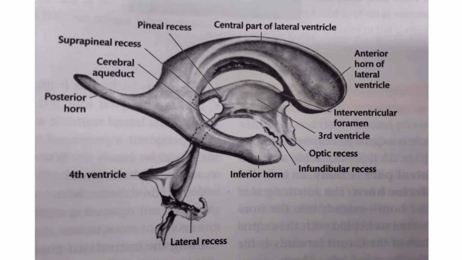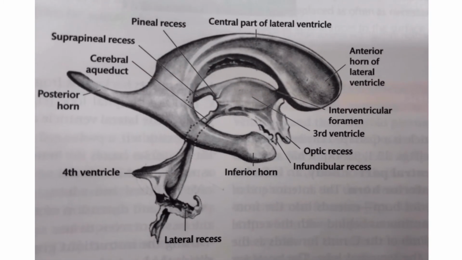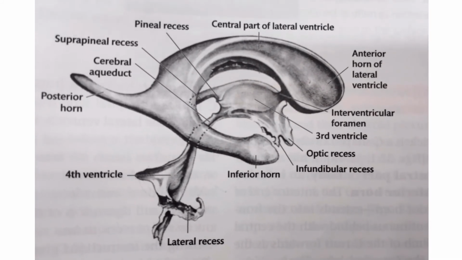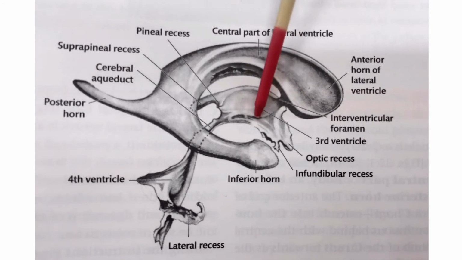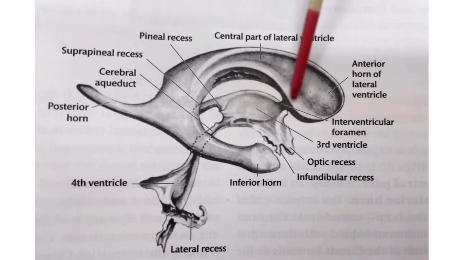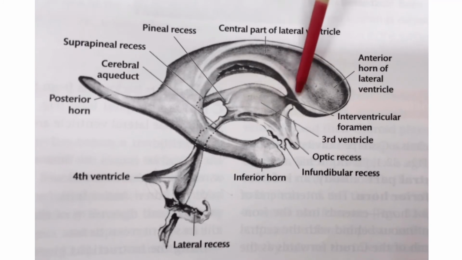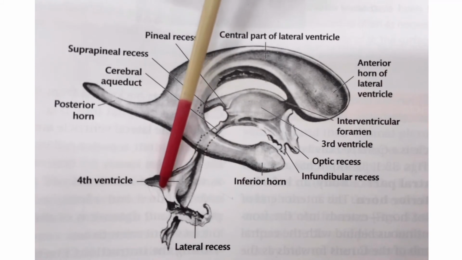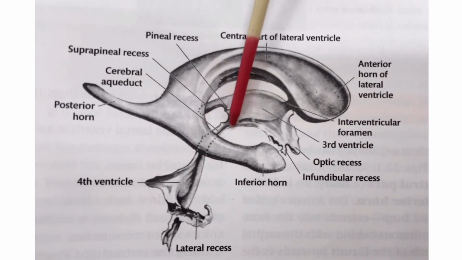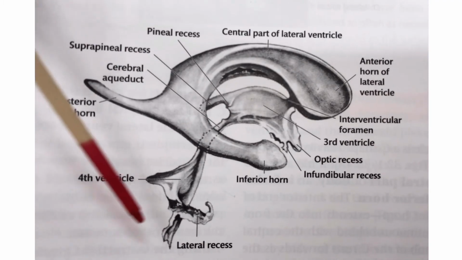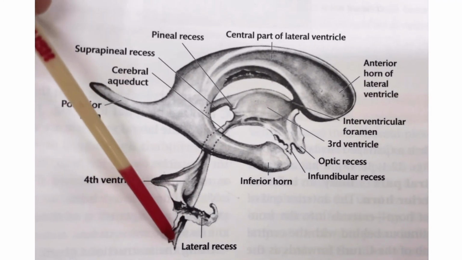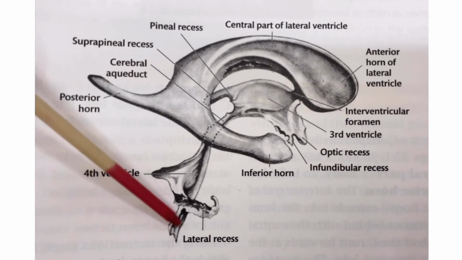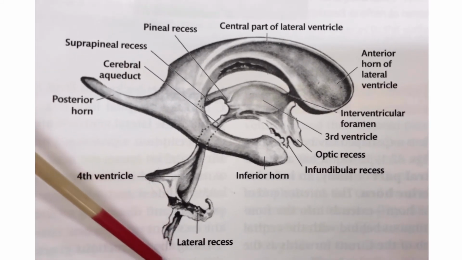The entire ventricular system contains cerebrospinal fluid and the choroid plexus, which produces it. The 2 lateral ventricles and the third ventricle are interconnected with each other by means of the interventricular foramen of Monro. Between the third ventricle and the fourth ventricle, there is the cerebral aqueduct of Sylvius. The fourth ventricle inferiorly is continuous with the central canal of the lower part of the medulla oblongata and then with the central canal of the spinal cord.